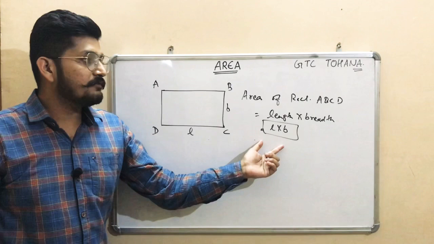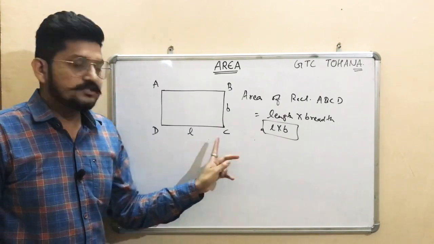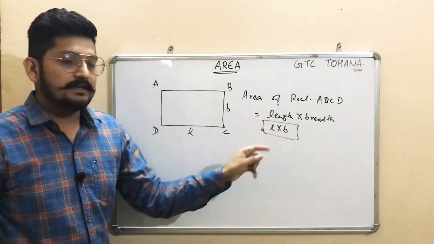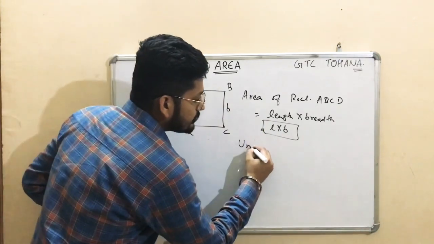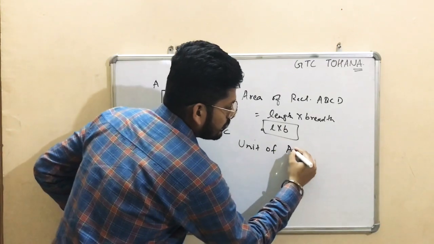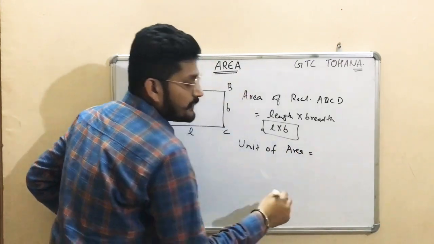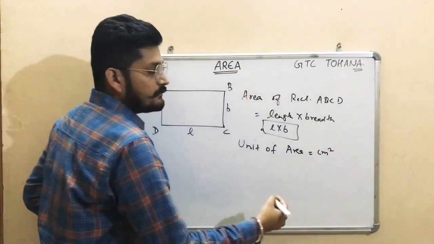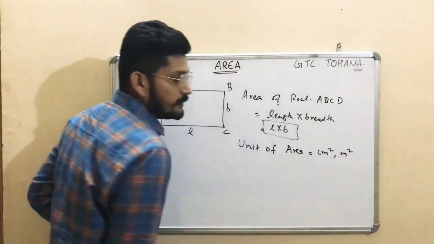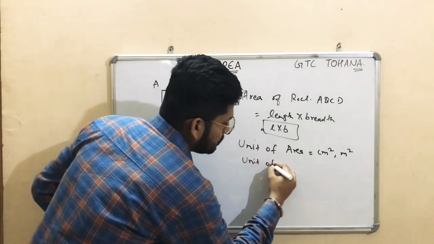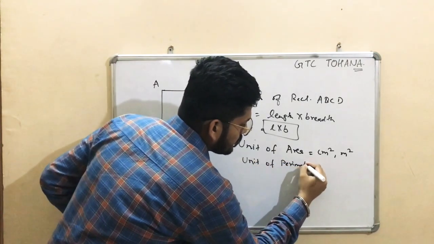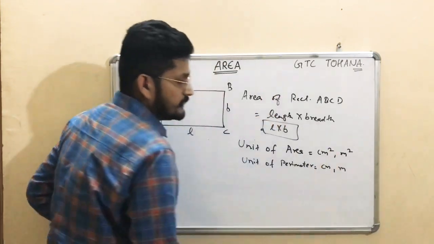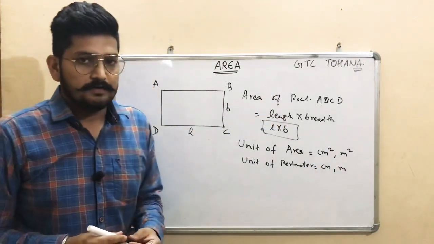अगर आपको एरिया ऑफ रेक्टेंगल निकालना हो तो आपको लेंथ पता होना चाहिए और ब्रेथ पता होना चाहिए. अगर हम सिंपली उनको मल्टीप्लाई कर देंगे तो वो क्या आ जाएगा, एरिया. एंड यूनिट ऑफ एरिया इज इफ साइड इज गिवन इन सेंटीमीटर देन इट इज सेंटीमीटर स्क्वायर, इफ गिवन इन मीटर देन इट इज मीटर स्क्वायर. एंड व्हाट इज द यूनिट ऑफ पेरीमीटर, दैट इज इक्वल टू क्या, सेंटीमीटर एंड meter. This is the unit of perimeter, right?